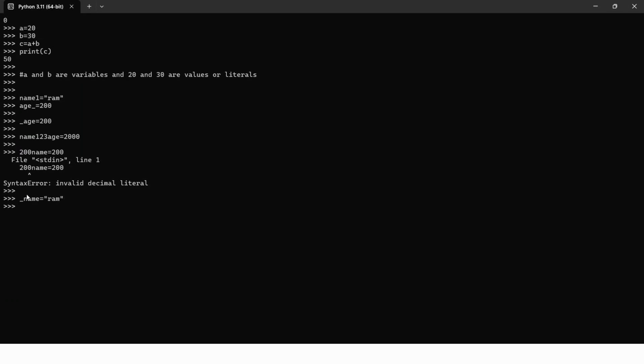I can access it, I can use it. I can't use 12name is equal to Ram, this is wrong. Yes, I can use name12 like this, that is fine.